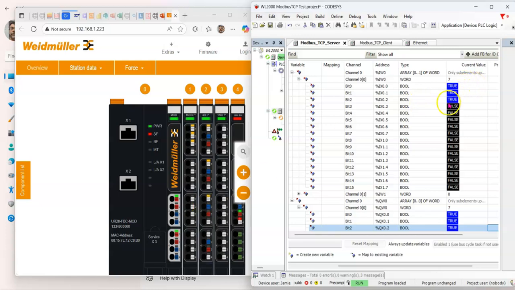So there you go, we're reading and writing data over Modbus TCP from Codesys to a U remote. And as I say, I'm using a U remote, but you could be using a variable speed drive, soft start, whatever it might be. Okay, so I appreciate that was a bit of a long video, but hopefully it will help you because it was all done in real time. And I hope that will be helpful for you in the